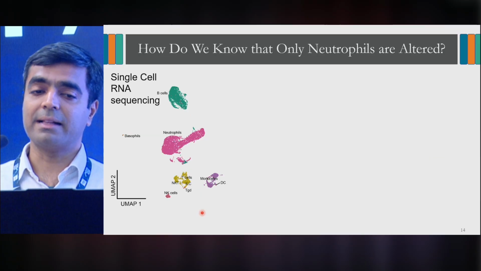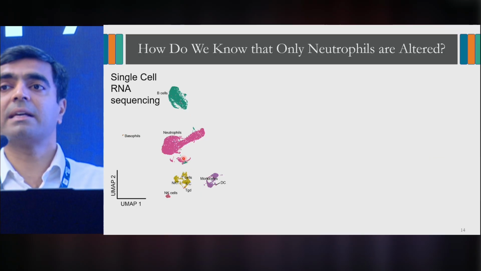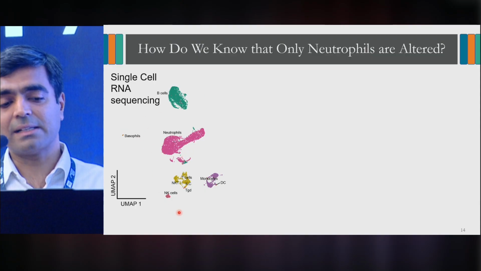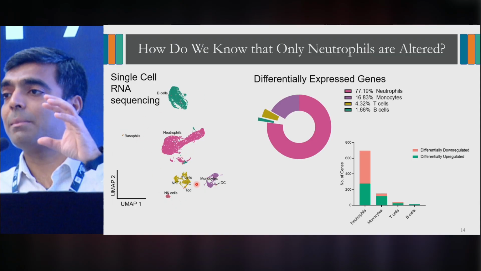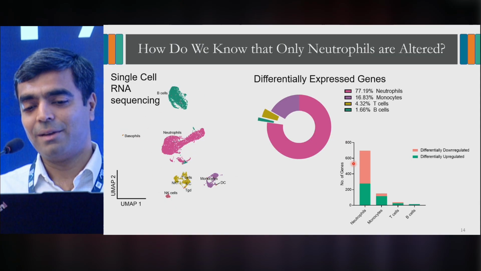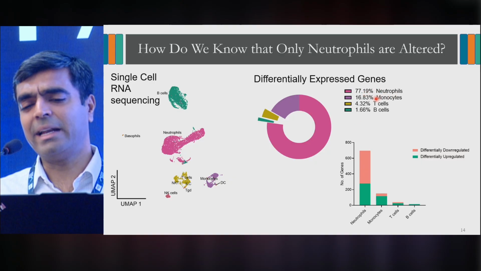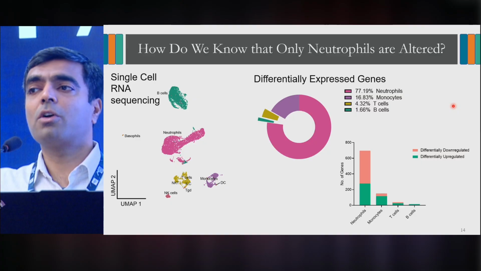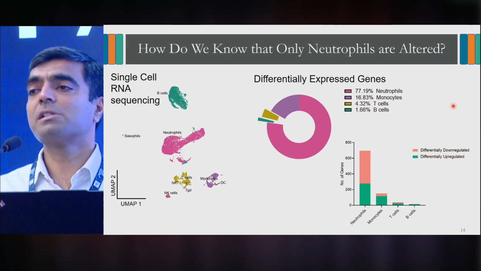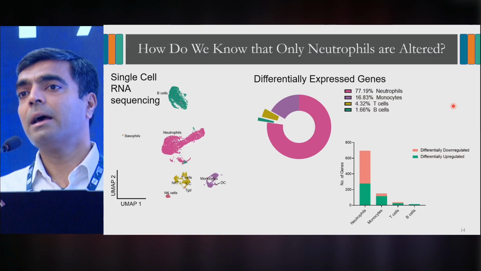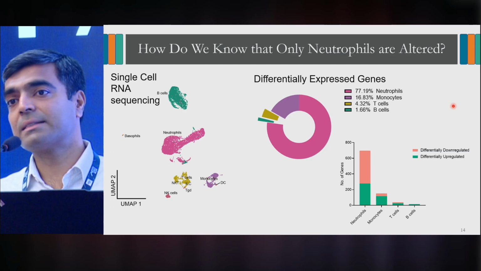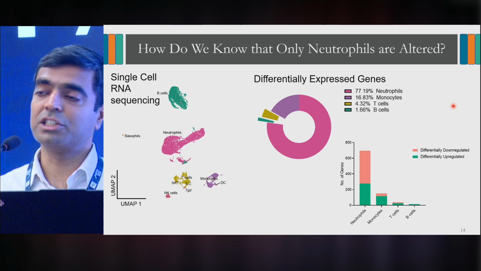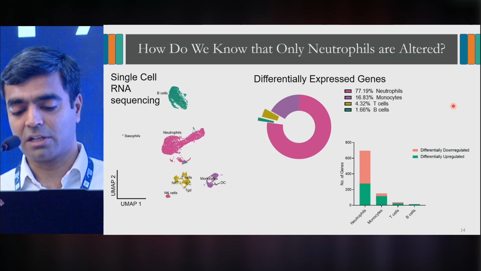Right? To confirm nothing else is changing, we did single cell RNA sequencing of cells from these mice, and we studied various immune cells that were changing. And to quickly summarize a large amount of data, we basically saw that 95% of the differentially expressed genes were among the neutrophils and monocytes. The monocytes are consequent of neutrophils. Almost nothing is changing among the T and B cells, and we don't see any major changes in endothelial cells, in the epithelial cells, in the alveolar cells that line the lung tissue, and also other cells in circulation.